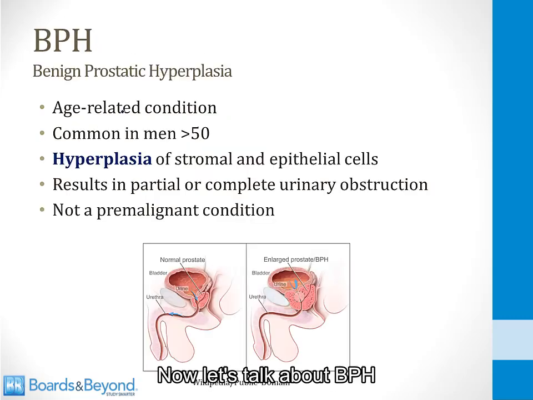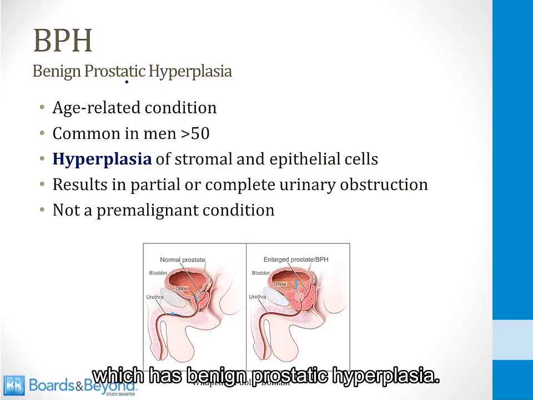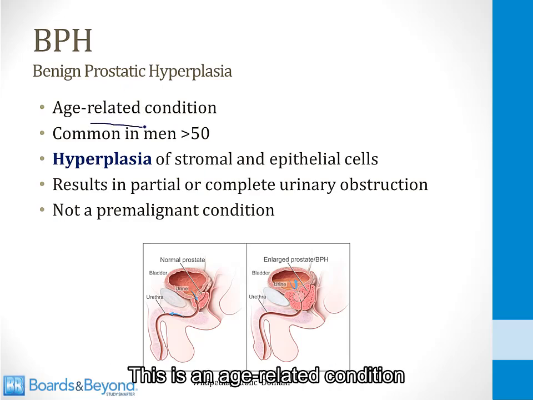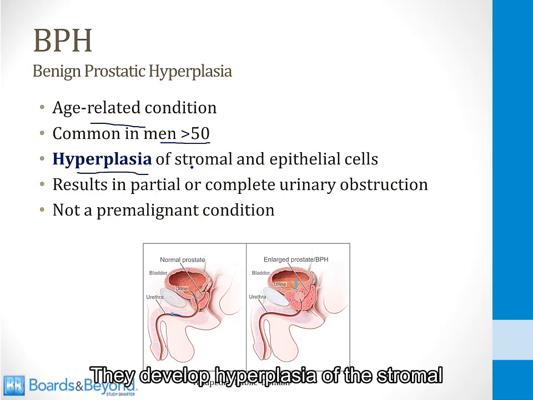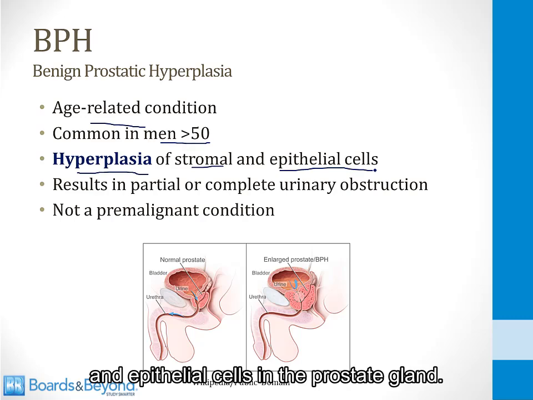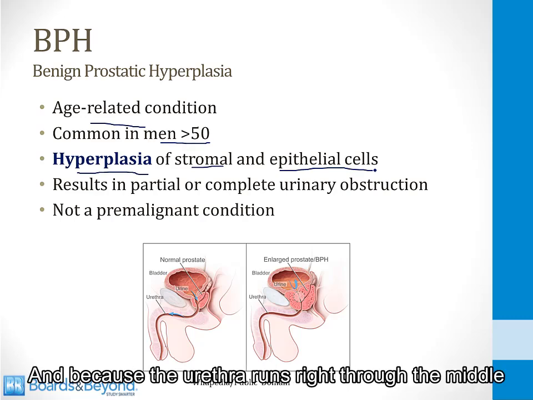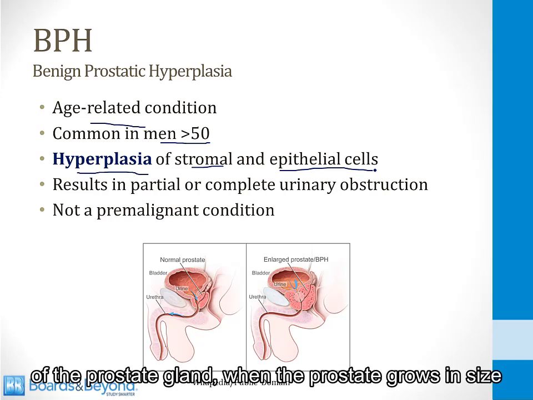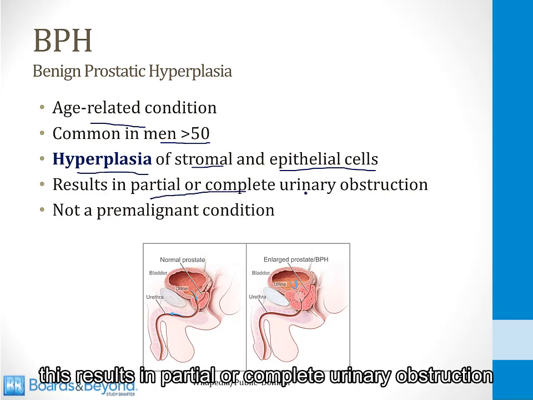Now let's talk about BPH, which is benign prostatic hyperplasia. This is an age-related condition that's very common in men over 50. They develop hyperplasia of the stromal and epithelial cells in the prostate gland, and because the urethra runs right through the middle of the prostate gland, when the prostate grows in size, this results in partial or complete urinary obstruction